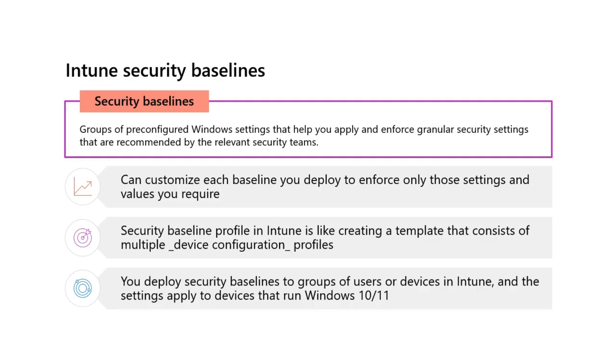Intune Security Baseline Overview. Each security baseline is a group of pre-configured Windows settings that help you apply and enforce granular security settings that the relevant security teams recommend. You can also customize each baseline you deploy to enforce only those settings and values you require. When you create a security baseline profile in Intune, you are creating a template that consists of multiple device configuration